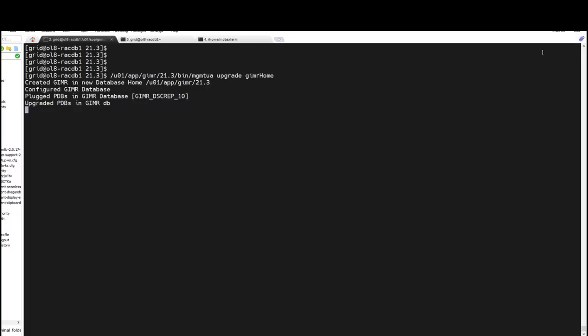Now the upgrade is completed. So this is how you need to upgrade your grid infrastructure management repository.